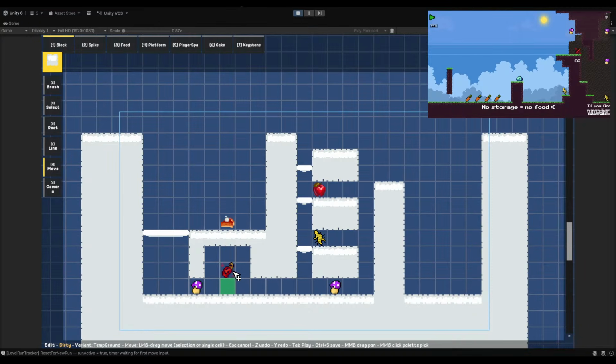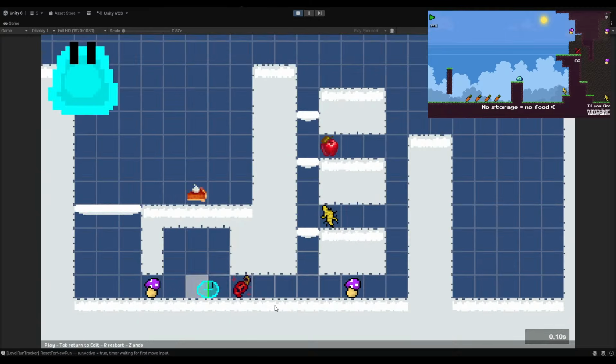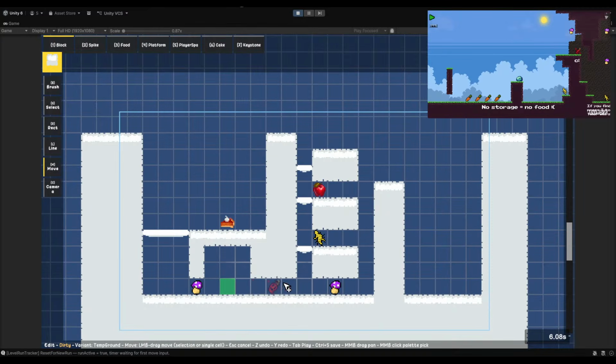Maybe it makes more sense to do this. So player wants to go right because they see going left does nothing. They eat this and they die. Okay, so that might be a better design. Then we'll probably move everything over.